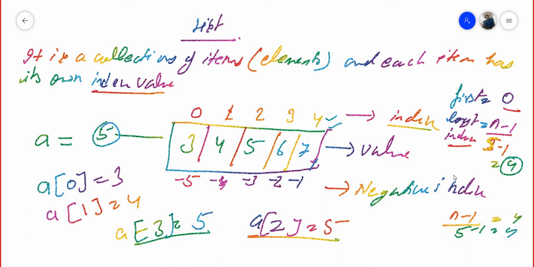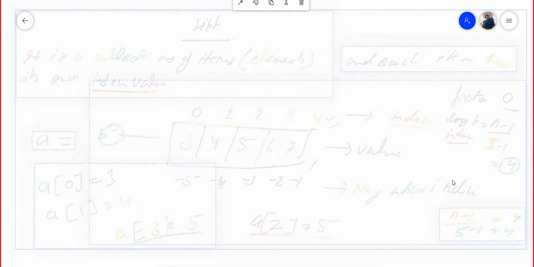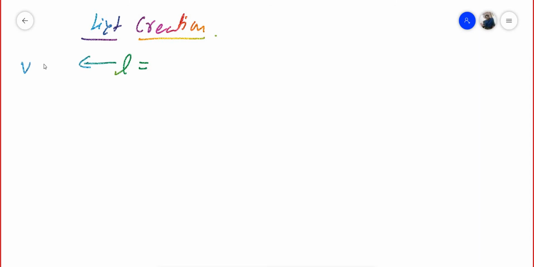Okay, now we will start creating a list. How to create a list? List creation is very important. I have already told you: this is the variable, whatever name you want to give.